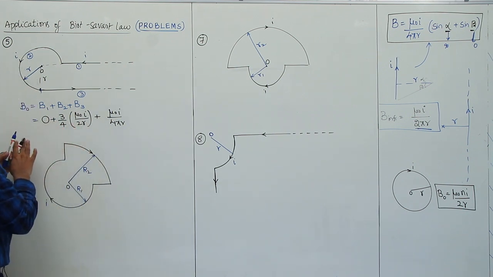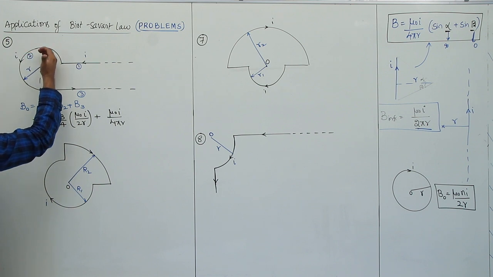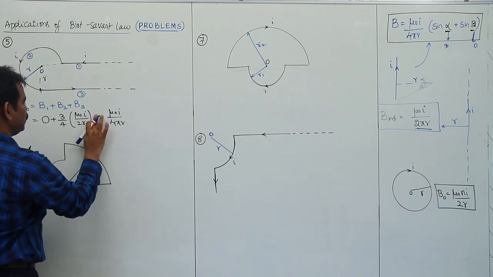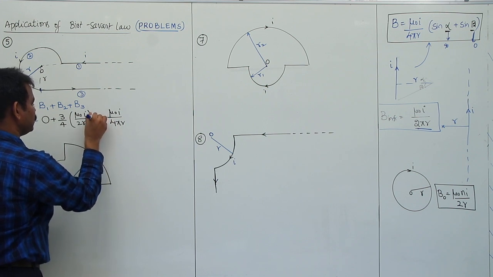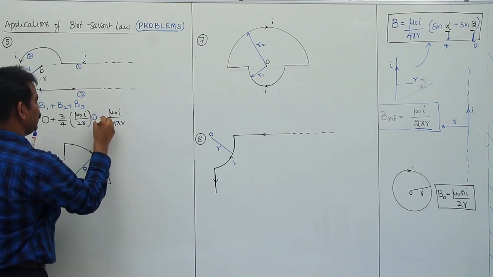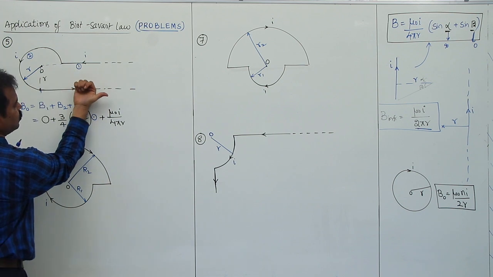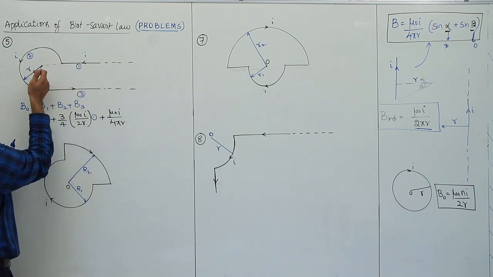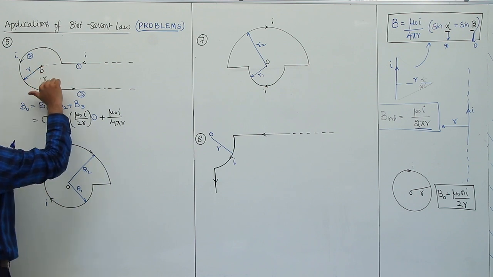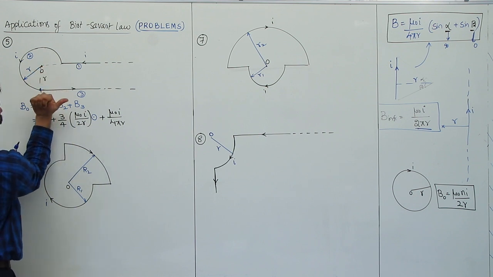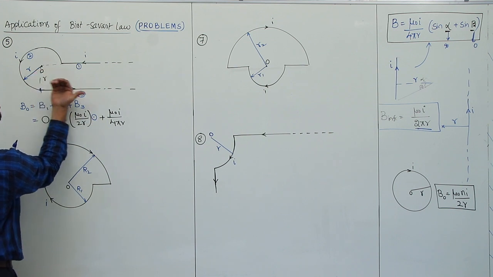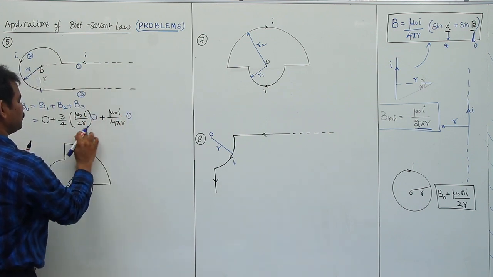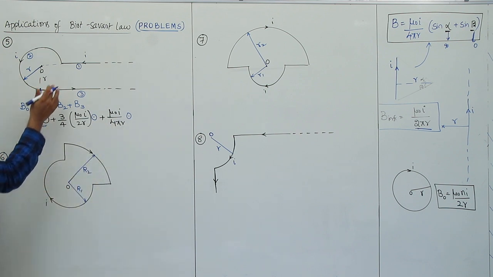But what is the direction of the magnetic field due to this conductor? Here when the current is flowing like this, the field is outwards. So here I am going to write the field is outwards. Plus, what is the magnetic field due to this straight wire at point O? Always keep the fingers at this point, not below this one. So don't keep them like this in the downward direction. Here upward. So this is also field outwards. So both fields are acting outwards. There is no field due to the first wire.